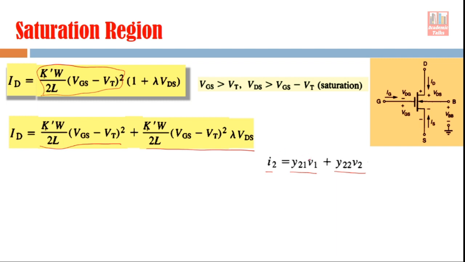If current and voltage are at different terminals, in that case that component has to be represented by a constant current source, and the value of this constant current source was Y22 V1, right? That part we discussed in the first or second lecture, because the voltage and current are at different terminals.